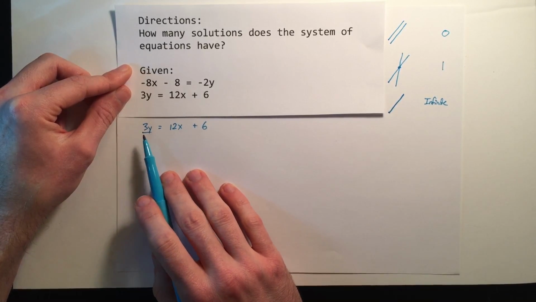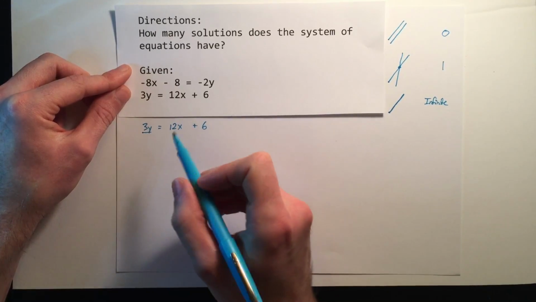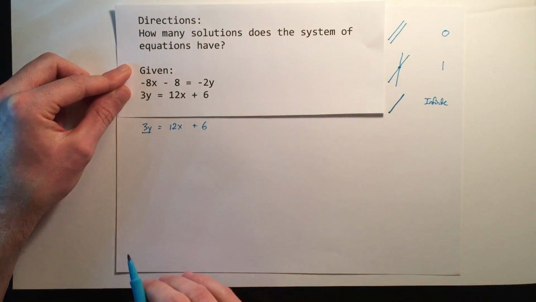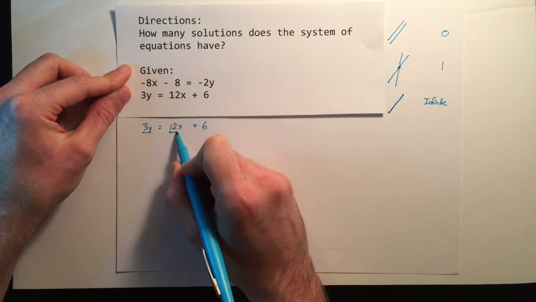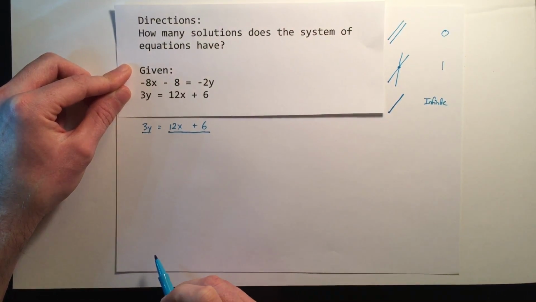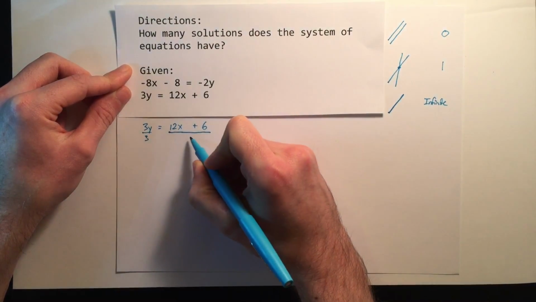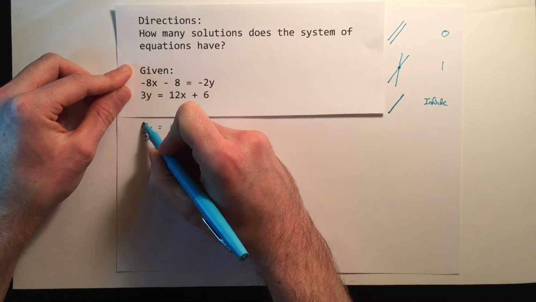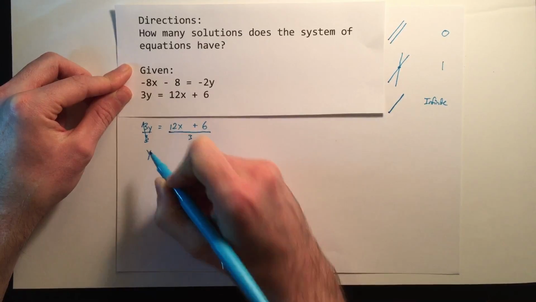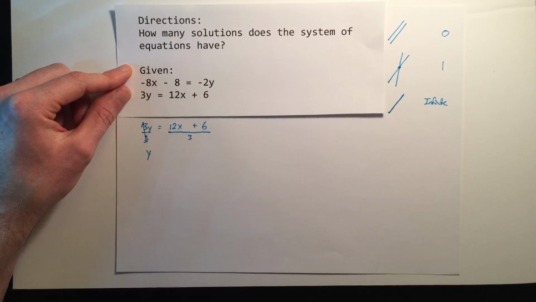But before we do that, don't forget that whatever you do to one side of an equation, you have to do to the other side. And when you say do it to the other side, that means everything on the right side of that equal sign. So we have to divide the entire side by whatever we do over here. So we divide by 3, we divide this side by 3. The result on the left side is 3 divided by 3 makes 1, and 1y, you can just write y. And that was the reason that we did this. We wanted to get y all by itself. And then on the right side,